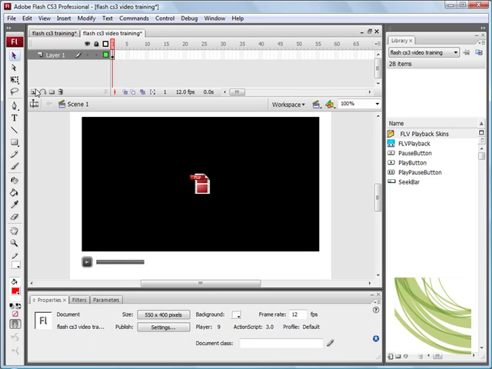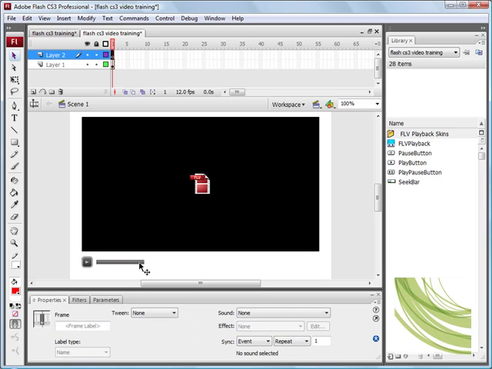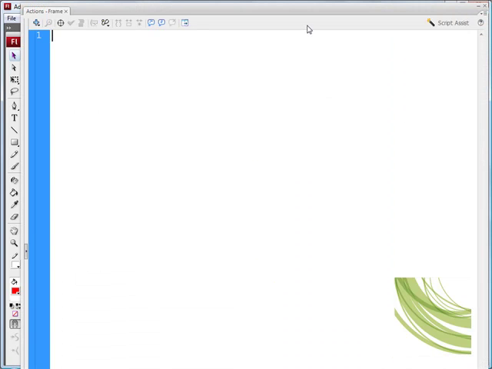Now the next thing we need to do is set another layer, and we need to write the code for this to communicate with our video. So if you select another layer and go to Window, go to Actions, I'm just going to type up the code that you'll require. You need the instance name of the video, which is vid, and you say playPauseButton equals the instance name play_pause; semicolon, and again the same for the seek bar